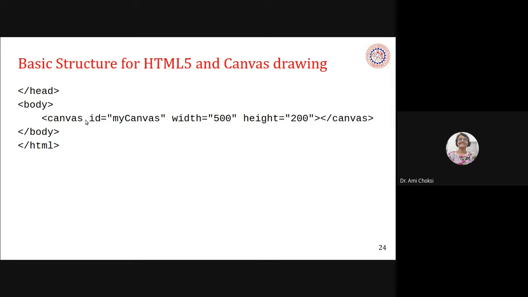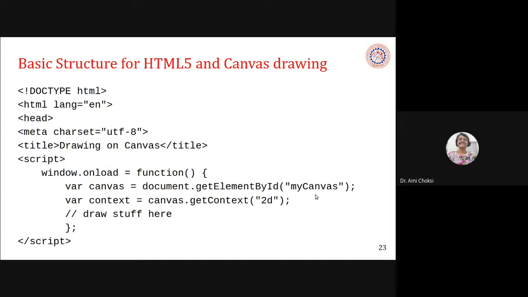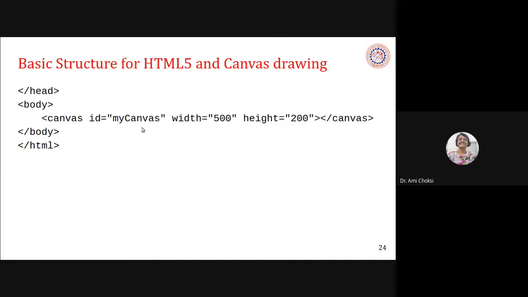Whatever canvas ID we are providing here, the same thing we have to provide here with the document.getElementById. Okay, both ways we have to write the same thing, right? Both places. Width is equal to 500, height is 200. Typically, it is 300 by 150, but if we want, we can change that, right? So we can specify the width and height of our canvas, right?